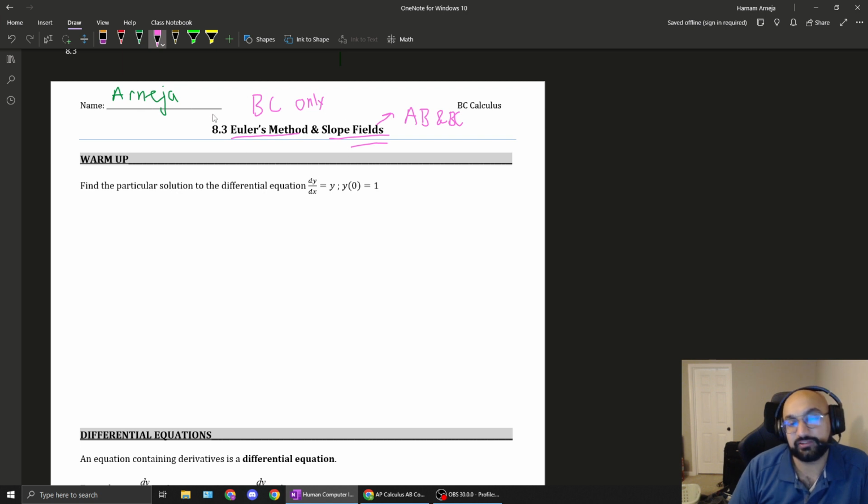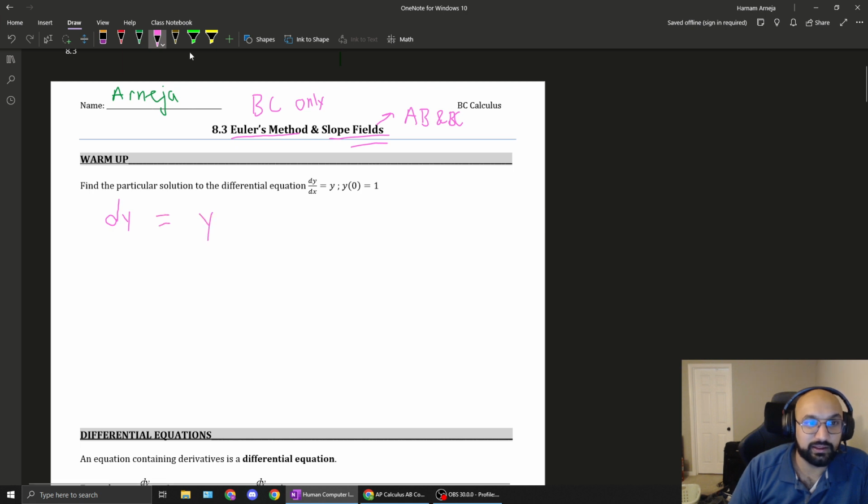Euler's method is an approximation technique, a lot like linearization, or kind of like a Riemann sum. We'll go through it. I don't think it's too bad. It's kind of tedious more than conceptually difficult. Let's take a look at this first question where we have dy